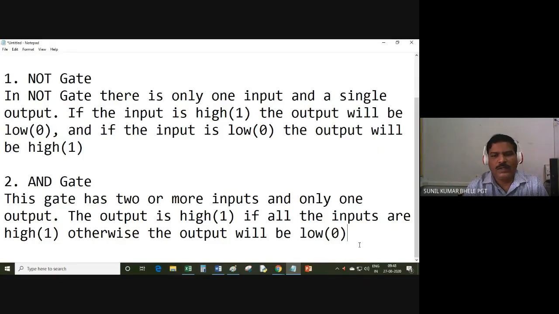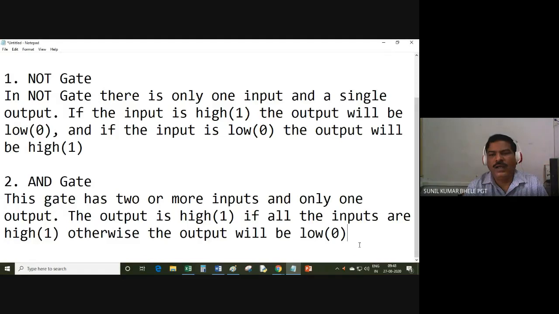So the computer works basically on inputs which are in the form of electronic signals. And those electronic signals are in two forms, a high signal and a low signal. So on the basis of these two signals, the computer performs all operations. There is an arithmetic and logic unit in a computer. With the help of the arithmetic unit, the computer performs addition, subtraction, multiplication, division. So the gates are required in that addition, subtraction, multiplication, and division.